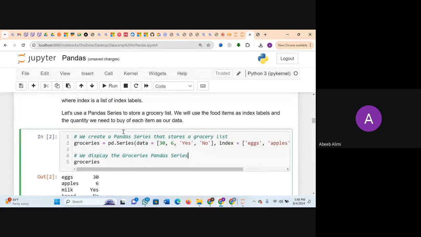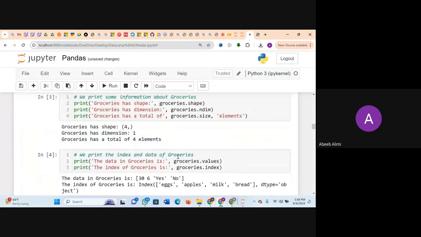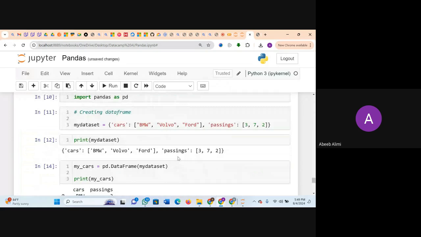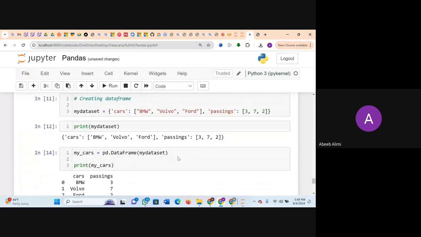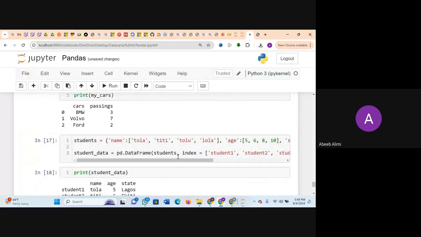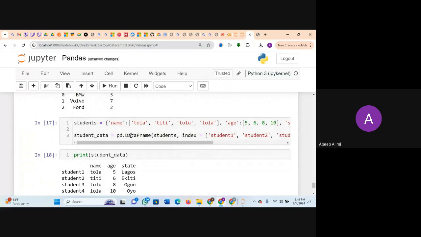The only difference is when we are creating our data frame, instead of saying pandas.Series, we come here and say pandas.DataFrame. What comes first is still data, right? Then the next thing is index. But to make it easier, instead of creating our data directly inside our pandas call, we created it separately using a dictionary. So this is exactly what I'm trying to say. If you look at this now, this still follows the same formula, right? We have our pandas, instead of Series, we have it as DataFrame, right?